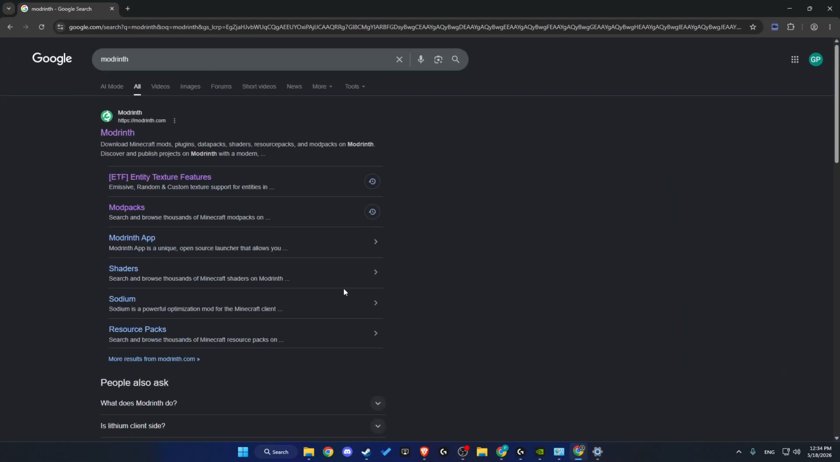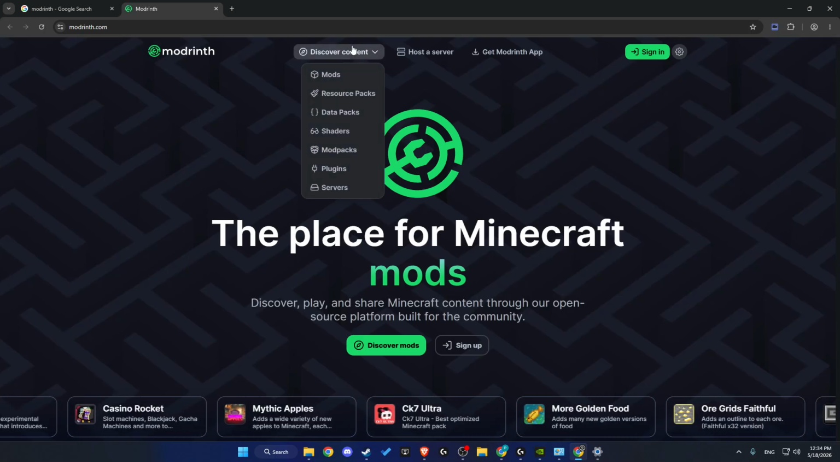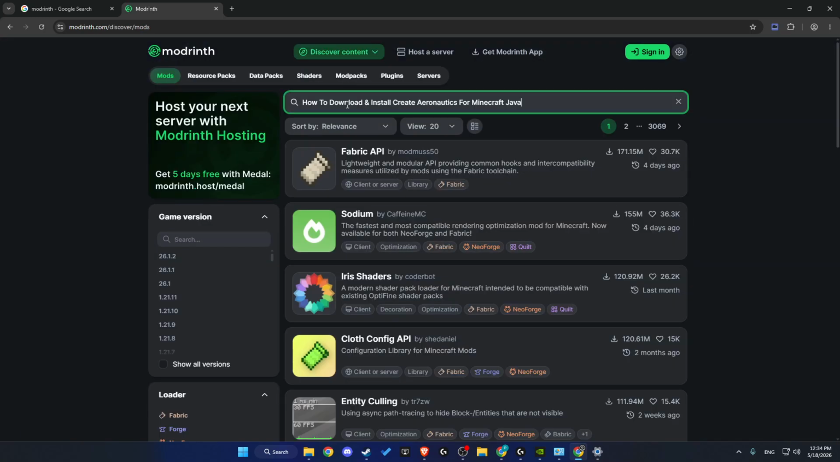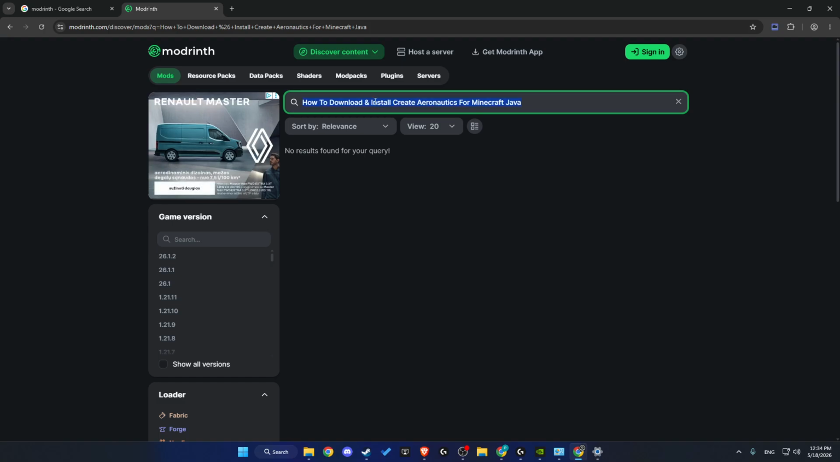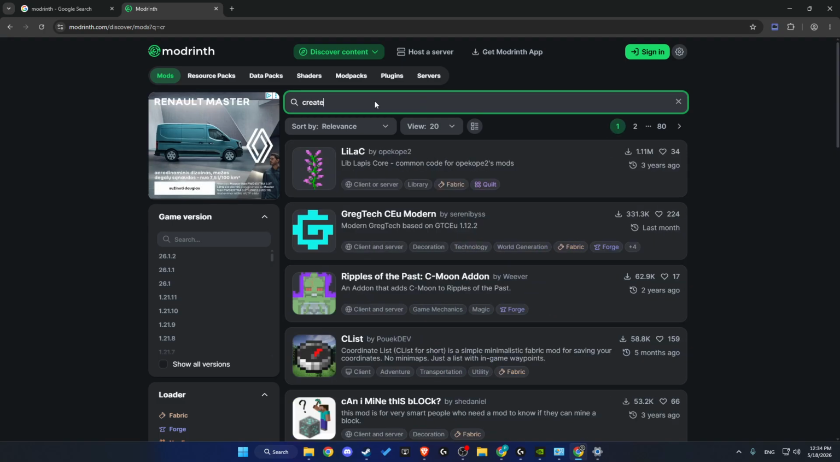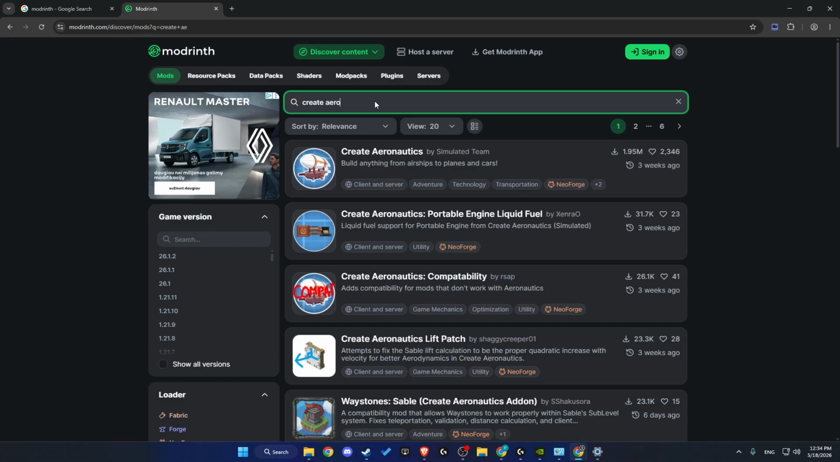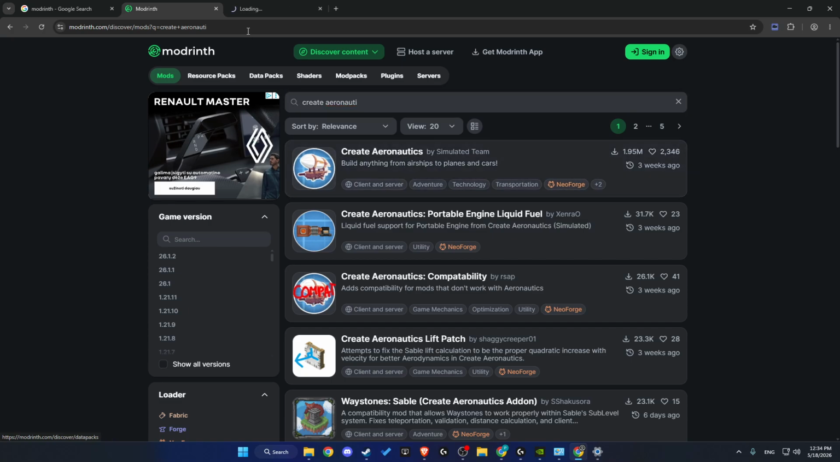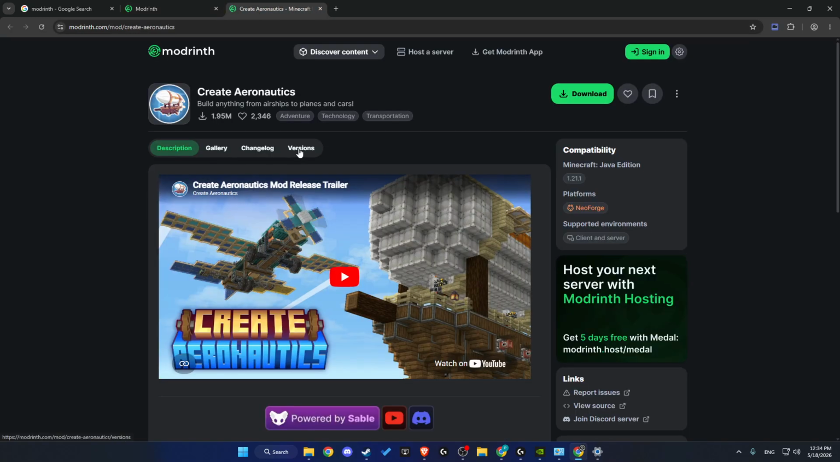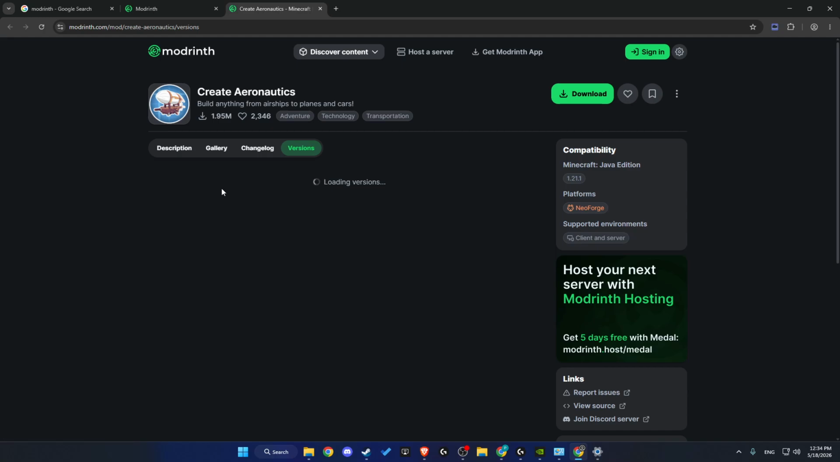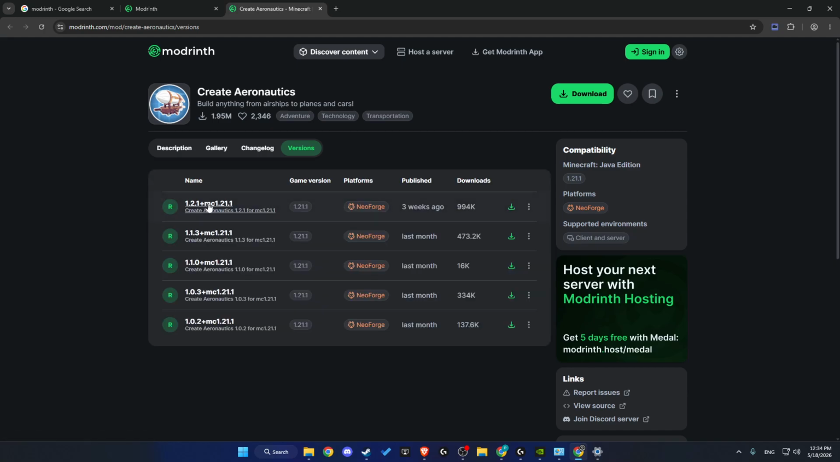First of all, open a browser and then you just need to write Modrinth. Then you need to go to discover content, mods, and then you just need to simply write Create Aeronautics, right? Select this, then go to versions, then wait for a couple of seconds and make sure to download